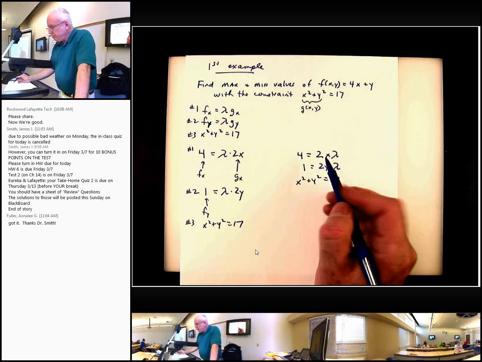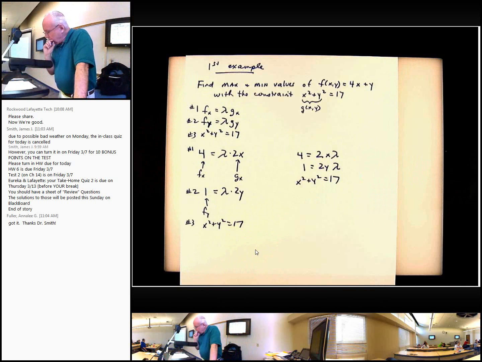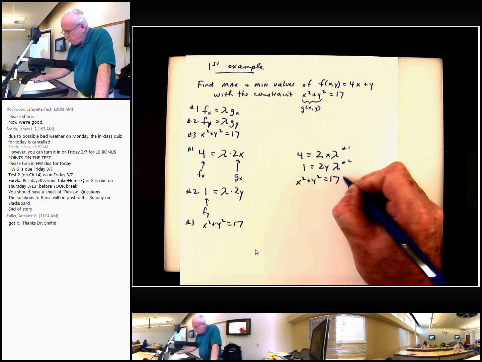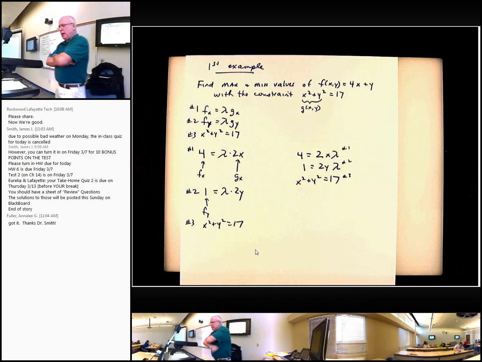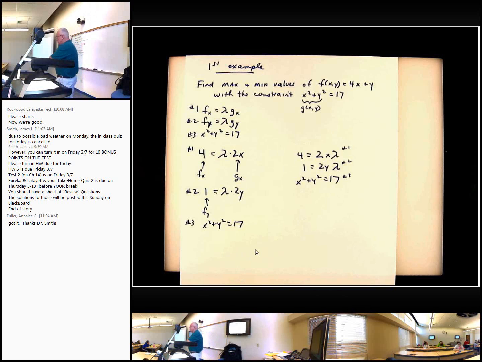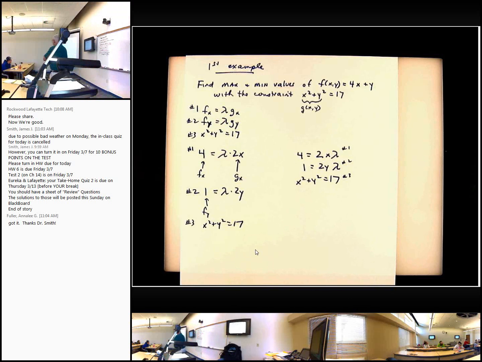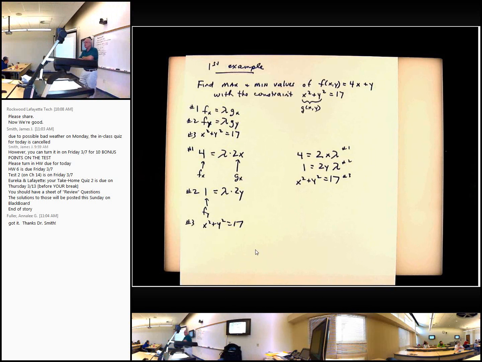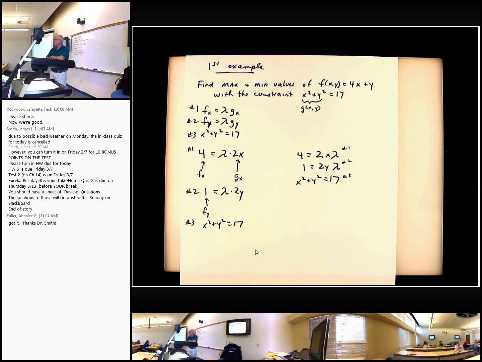Let's see here. Anybody, so this is number 1, number 2, number 3. Anybody see, look at number 1 and number 2. On the left side of the 1 we have 4, on the left side of the other one we have a 1. There's something we could do to one of those so we could kind of set them equal to each other? Yeah. Look at that. If we multiply both sides of the second one by 4,